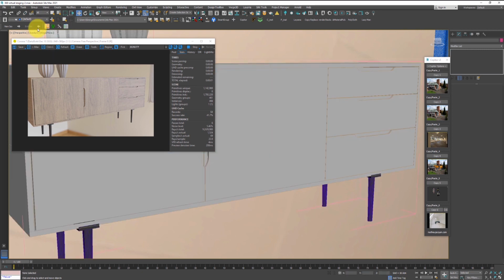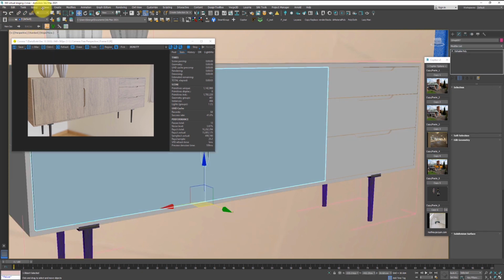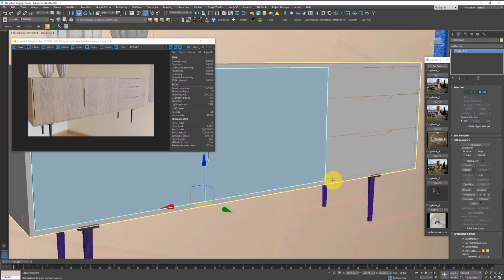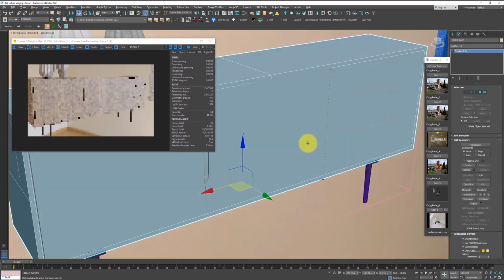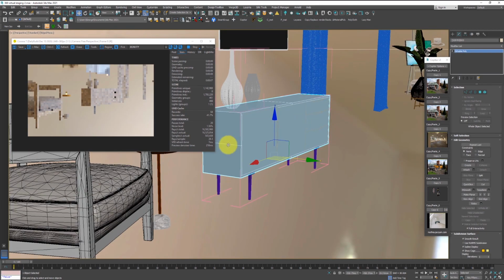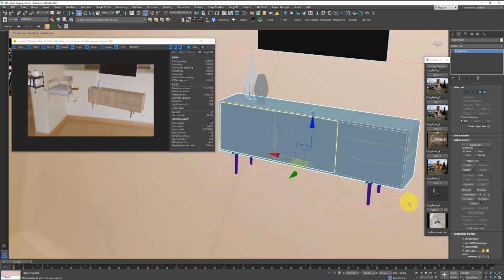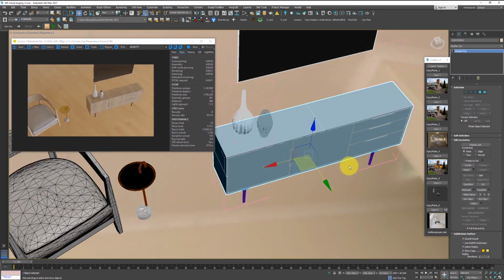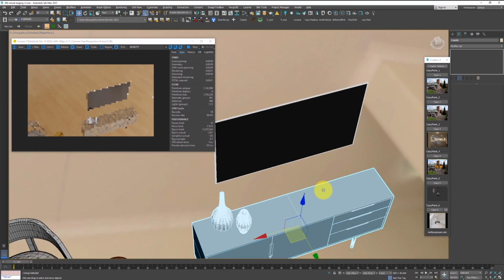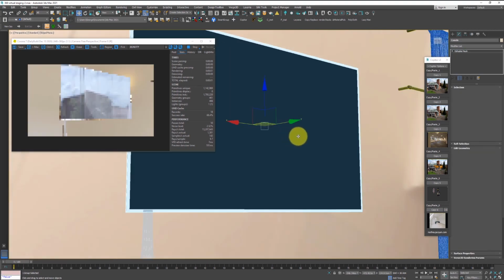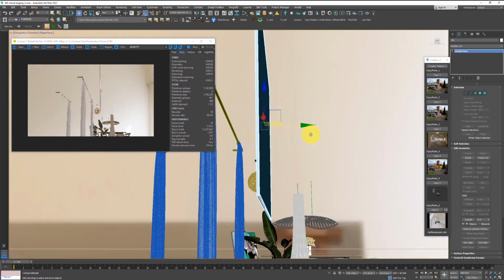And as you can see, let me check if I still keep it. Yeah, I just made those seams here. What I did is I created half of the entire console table, and I just mirrored the other half, and that was the entire thing. Nothing really complicated. We have a telly. It's a simple frame with two materials,